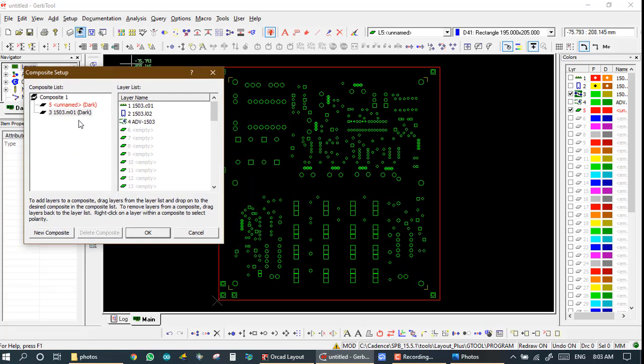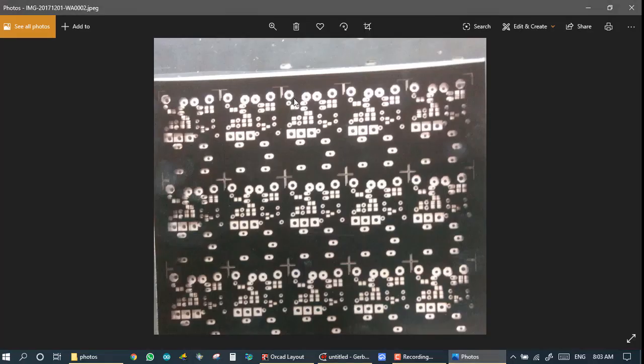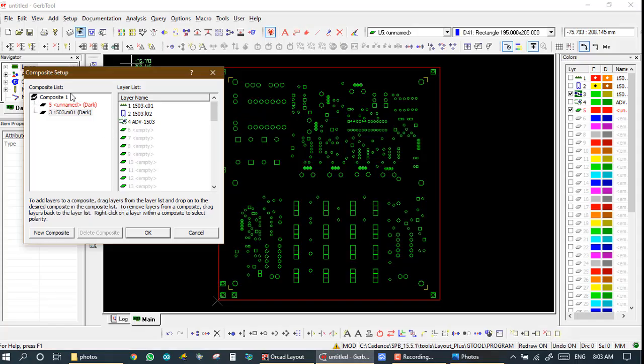Here we want this unnamed layer, which is the whole rectangle layer, and this M01 is just the flash. Like in this photo, we want the dark color for this rectangle, and the flash to be in clear.